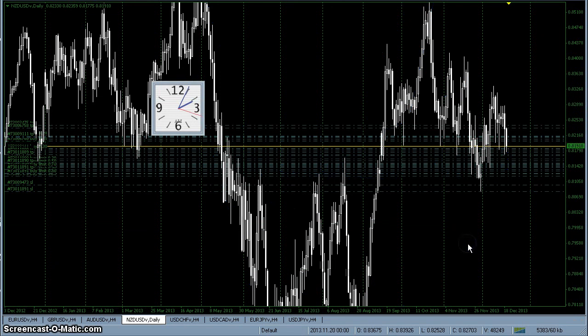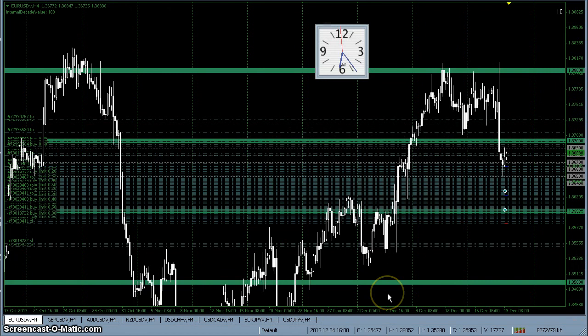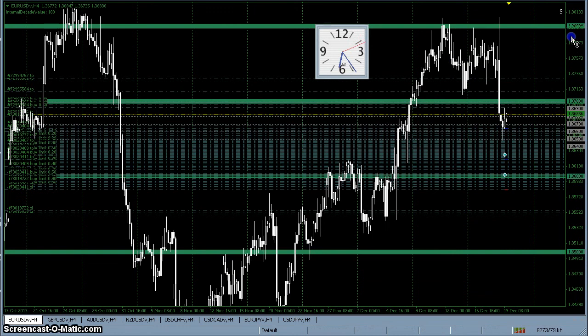Just making a wick there on the daily. Okay, I'll come back here at 3 a.m. Okay, been 4 hours. It just felt too boring. Waiting forever for this bounce on the euro dollar. I scalped out when it came up into this just below the